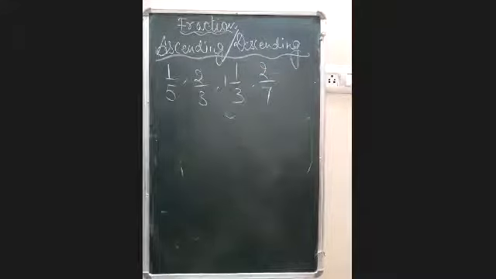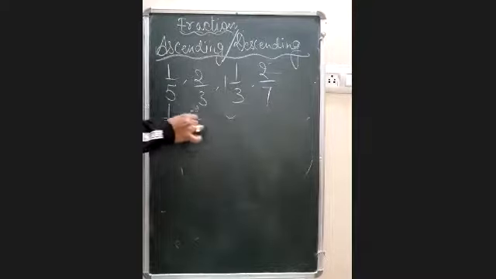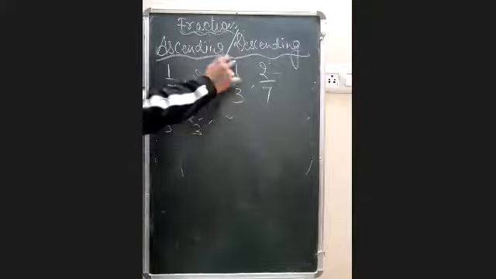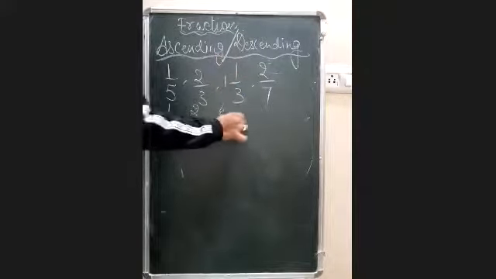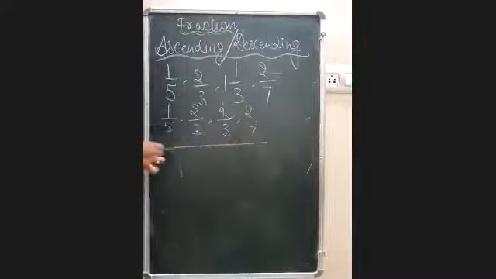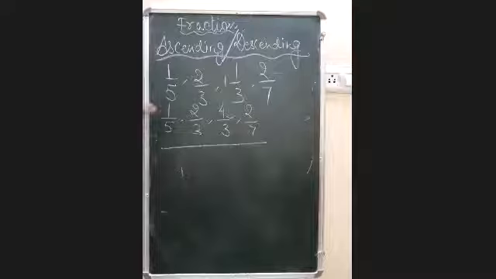Always remember, the first method is that if the question is written into the simplest way, let it be simplest way. But if the question is written in the form of mixed one, so you need to first convert it. How will we convert it? 1 by 5 ko we cannot convert because it is already simpler. 2 by 3 ko we cannot convert, it is already simpler. Now 3 1s are 3, 3 plus 1, 4 by 3. And this is 2 by 7. Now we have completed this one in the form of simpler way. Okay, this is the first method.